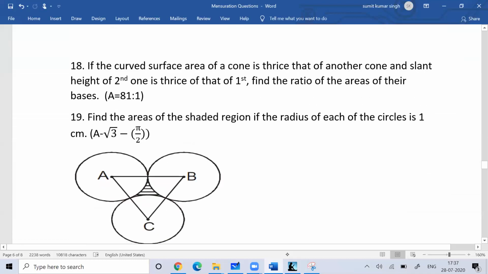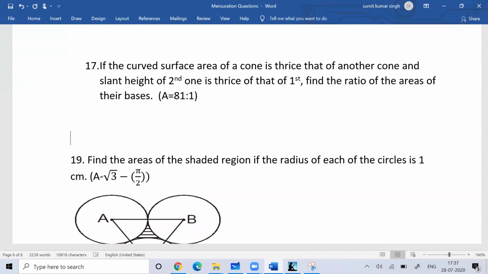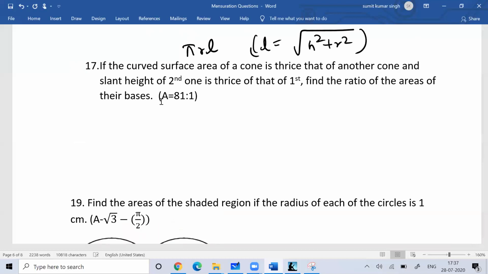Now question number 18. If the curved surface area of a cone is thrice of another cone. So you know what is the curved surface area of a cone. You know the formula, pi R L, where L is the slant height. L is equal to square root of h square plus r square. So you know this. So if the curved surface area of a cone is thrice of another cone,